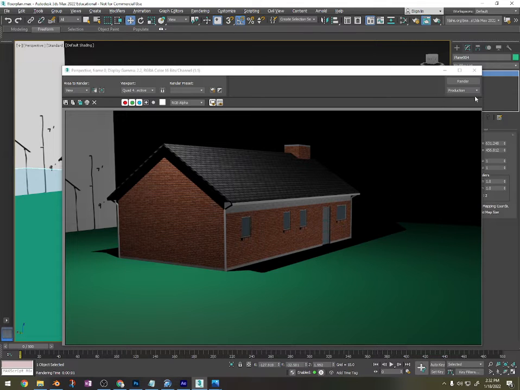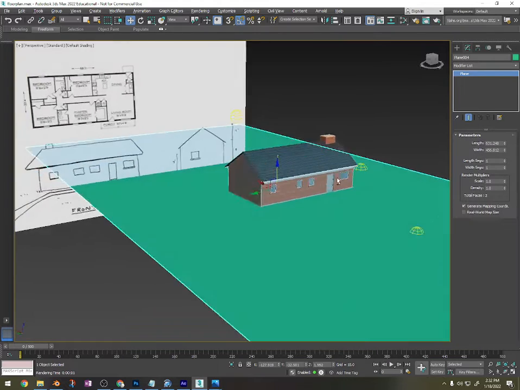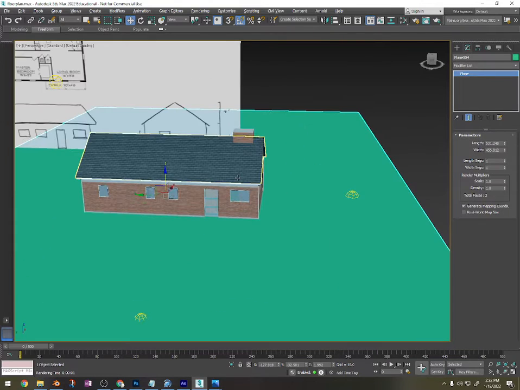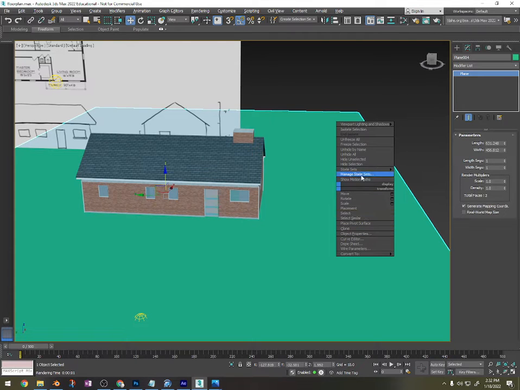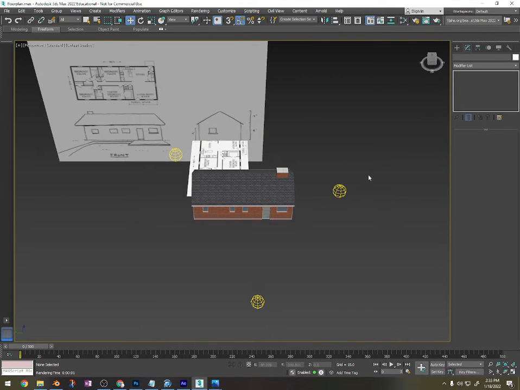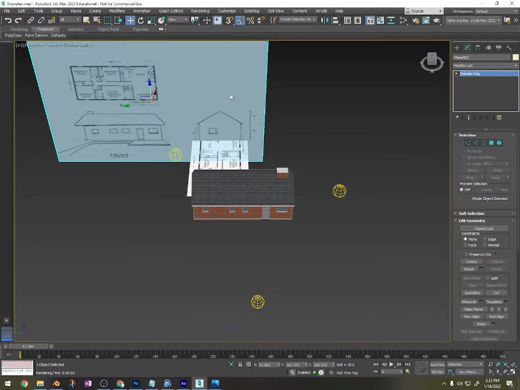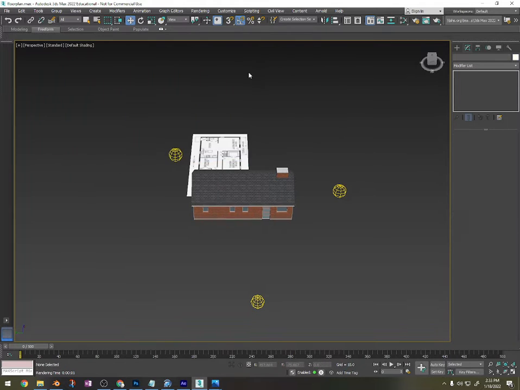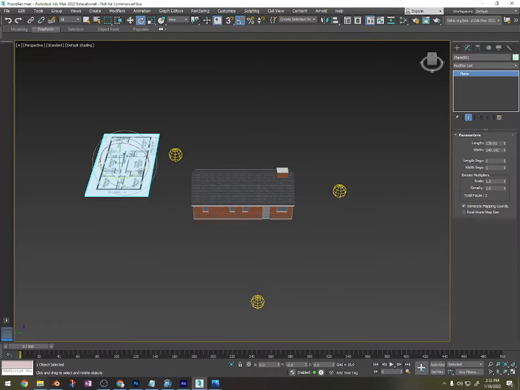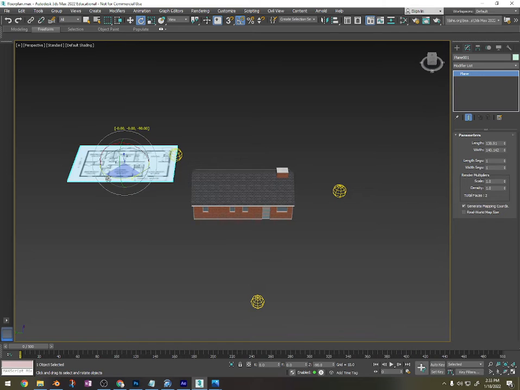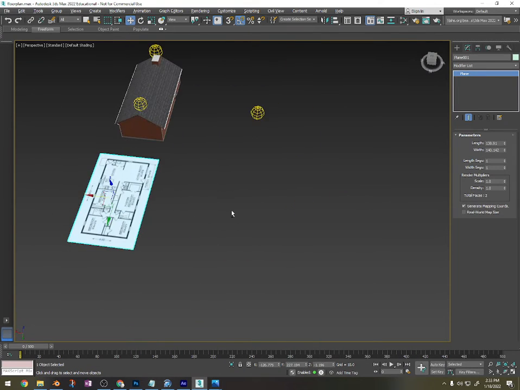Okay, so you can see how this looks a little better than what we did in the past. And how we'll do this in the future. Hide selection. I'm going to hide this stuff. Hide this elevation drawing. Selection. But how we'll do this in the future, when we're all done with everything, to display the floor plan, the house, and the actual model of the floor,